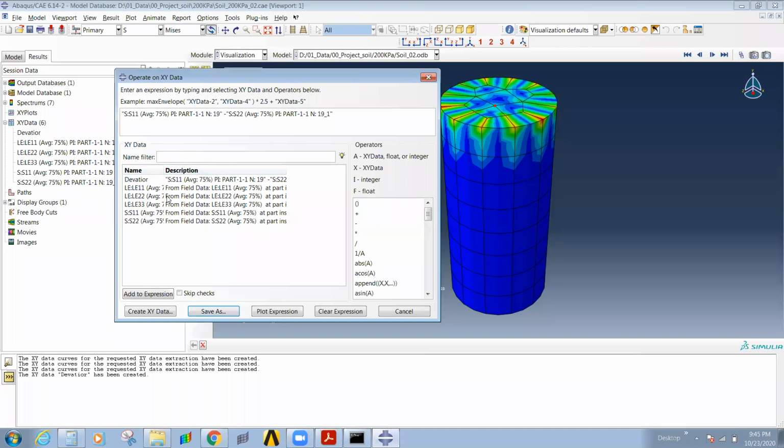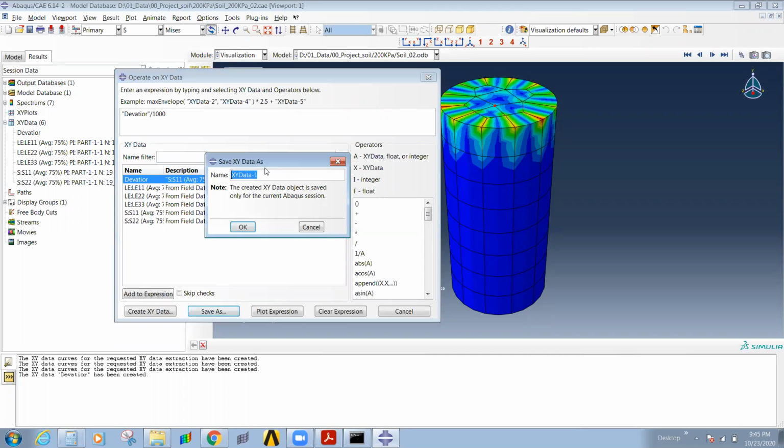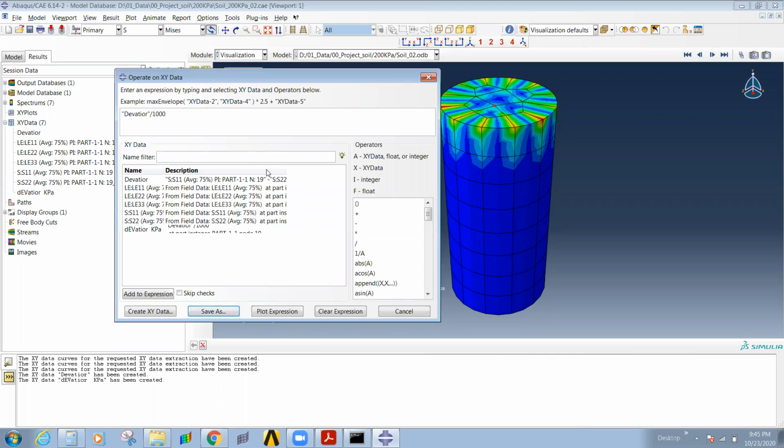From there again, divide by 1000 to make it kilopascal. That's it. Once this is done, for the first graph,